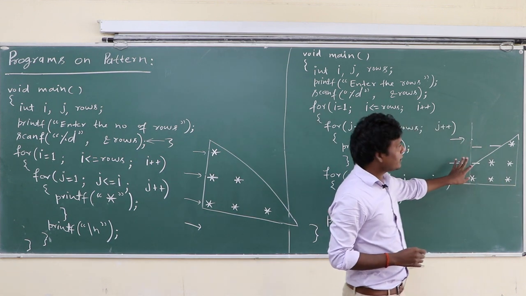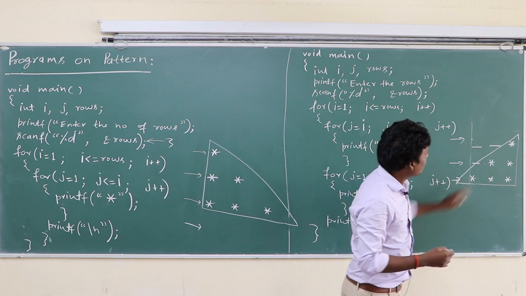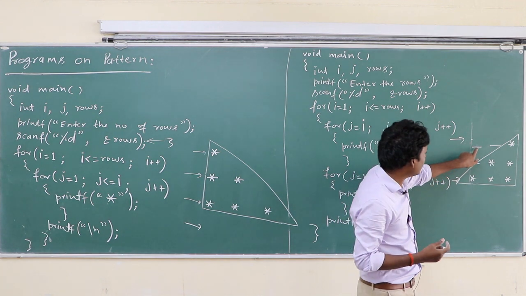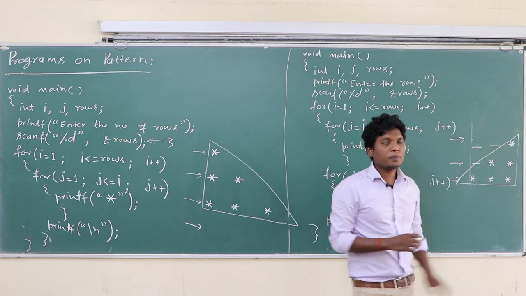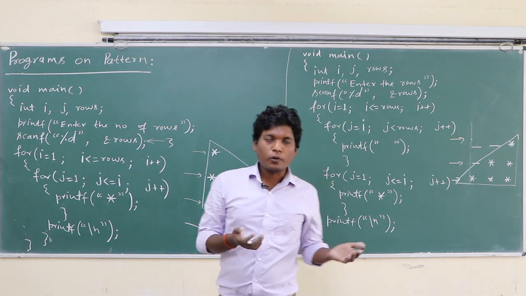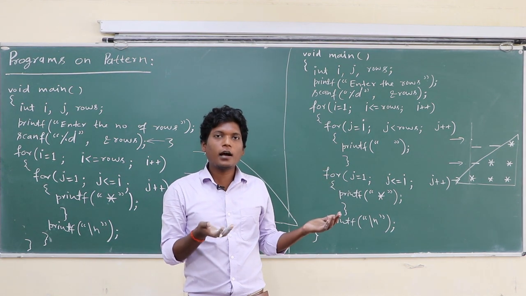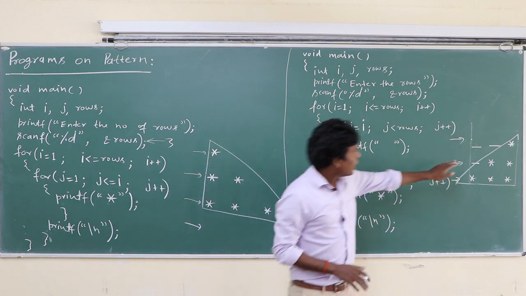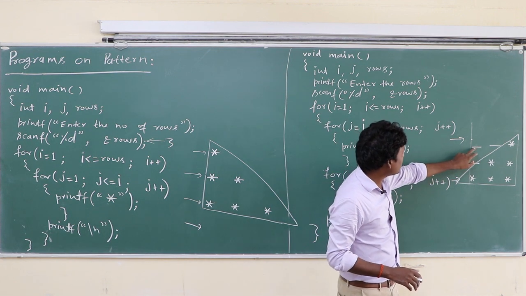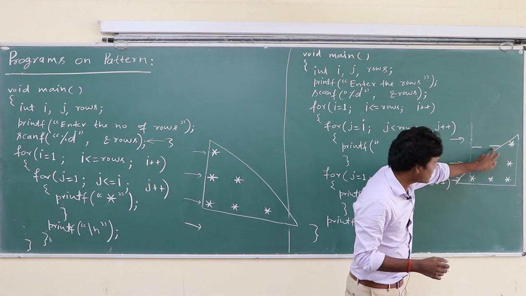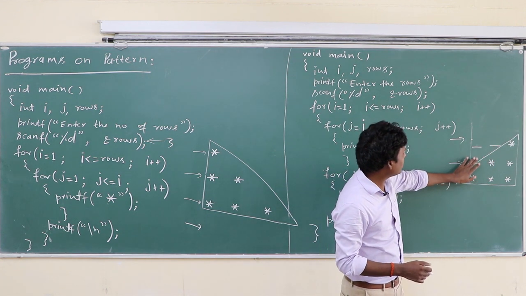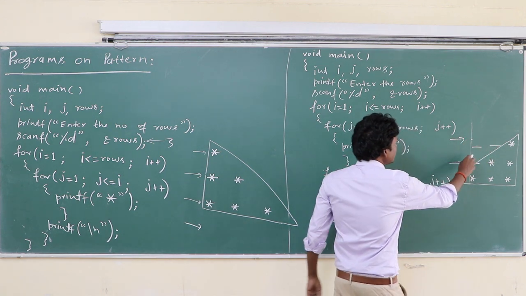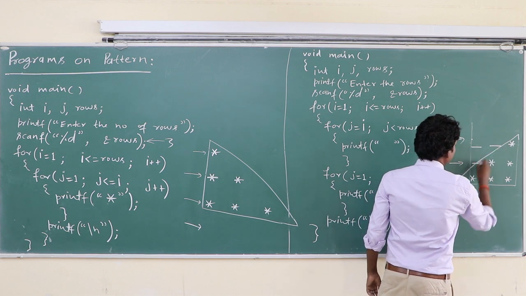So class, there is another triangle. There is a triangle of space also. You can say there is a mini triangle of space also. Suppose this one is a space character. Basically, space does not appear on output. The space character does not appear on output, so it seems like a blank. Here, just for your convenience, we represent the space by this. But on the output screen, nothing will be printed here. Okay, so class, this is the space character, this is the space character, this is the space character.